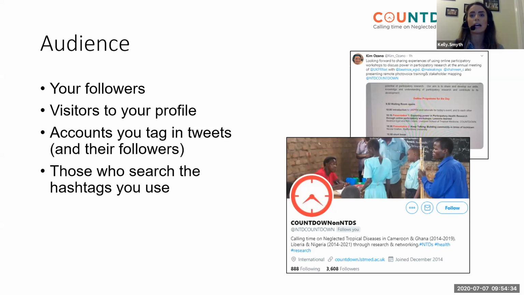Sometimes, as we've talked about, hashtags trend on Twitter. They're very popular, which means lots of people are using the same hashtag. You can use this to gain more views of your tweet. These are also called impressions. By including that trending hashtag in a tweet, only if relevant, of course. So, for example, sometimes the hashtag Friday feeling will trend on a Friday. So if I'm putting out any Countdown tweets, I'll include that hashtag there because it gains more attention. Next slide, please.